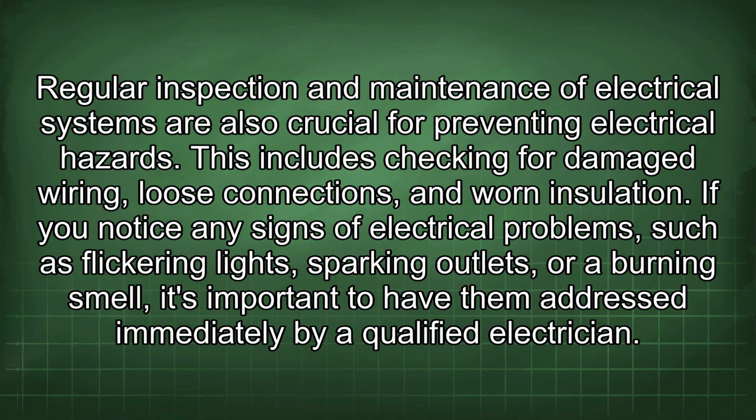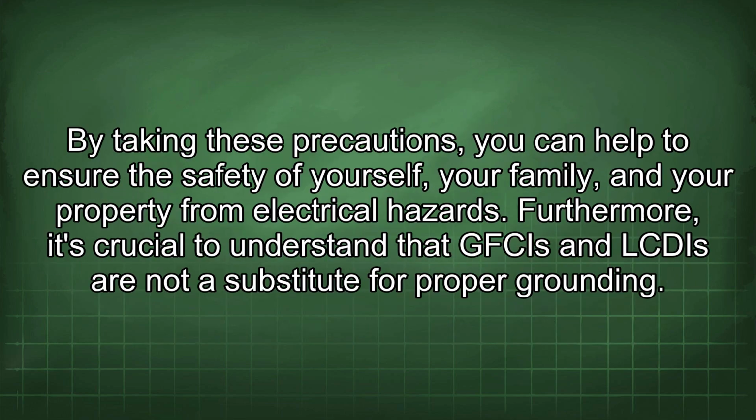Regular inspection and maintenance of electrical systems are also crucial for preventing electrical hazards. This includes checking for damaged wiring, loose connections, and worn insulation. If you notice any signs of electrical problems, such as flickering lights, sparking outlets, or a burning smell, it's important to have them addressed immediately by a qualified electrician. By taking these precautions, you can help to ensure the safety of yourself, your family, and your property from electrical